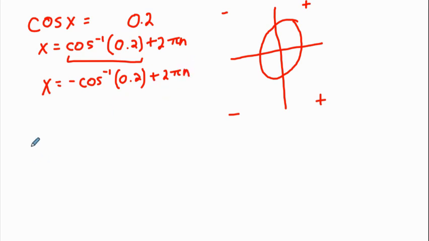So the other one would have been a sine function. So let's do sine of 0.2, or sine equals 0.2. Well, same idea. We're going to use the inverse sine to solve this problem. Now, again, it should come with two unique solutions. We have positive in the first quadrant, and we have positive in the second quadrant, and then we have negative